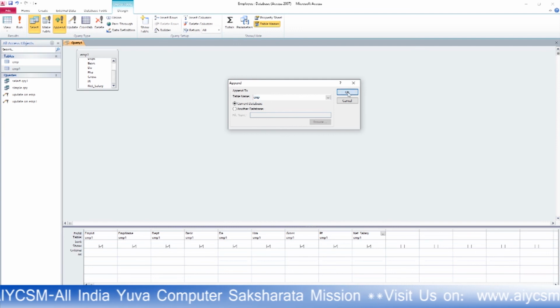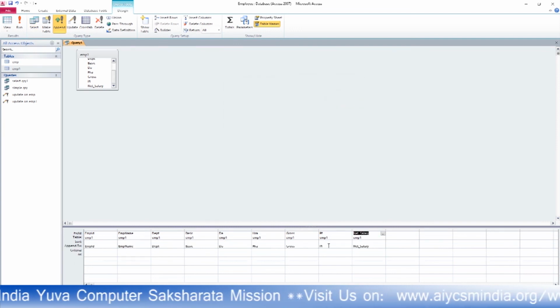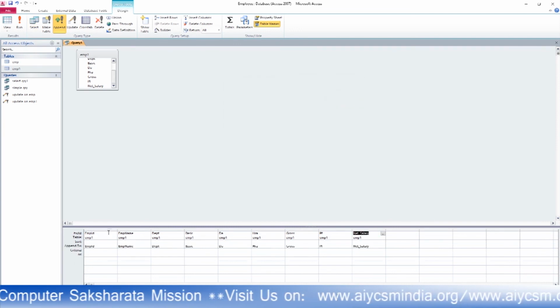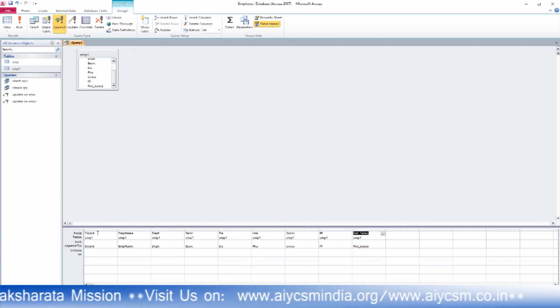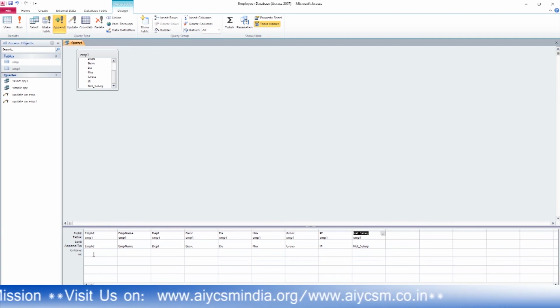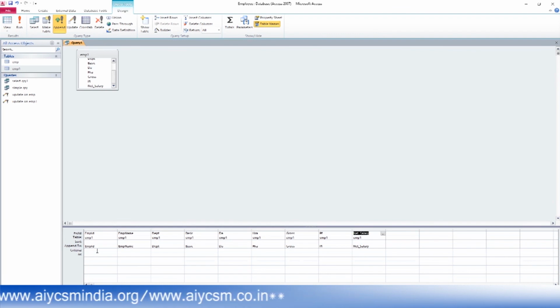Okay, you will see both of the tables have the same primary key, EMP ID. If you want to append these 2 tables, you will always remember that the primary key values will be different.